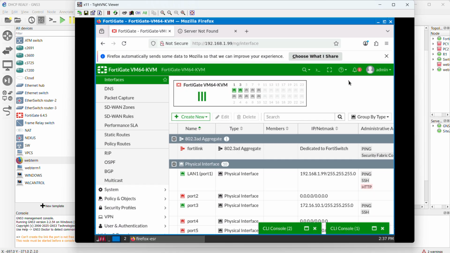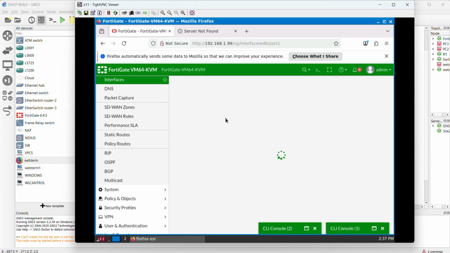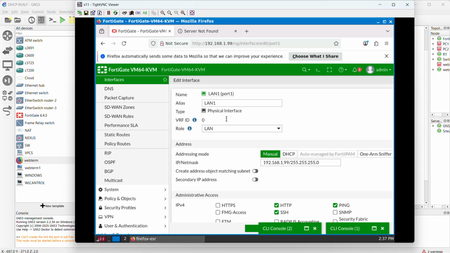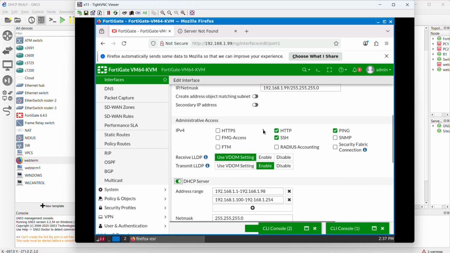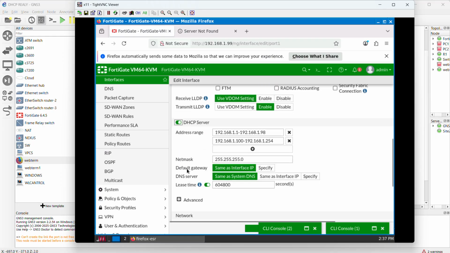So come to LAN port 1, go to edit. Okay, and now how to make a configuration for DHCP relay on the FortiGate firewall. Go to DHCP server, and here you will see netmask, default gateway, DNS server. So you will come to the default gateway and then